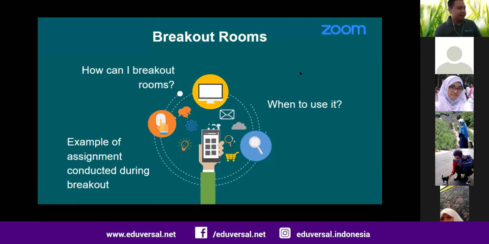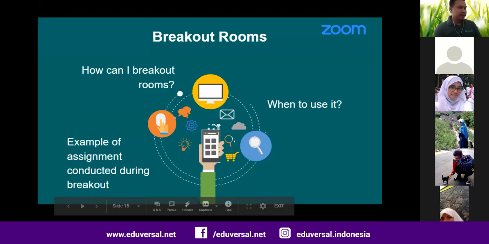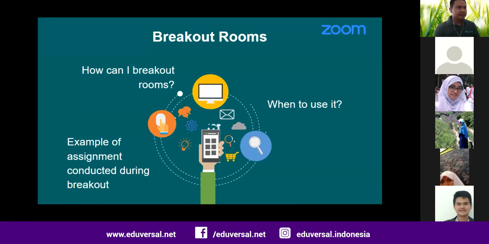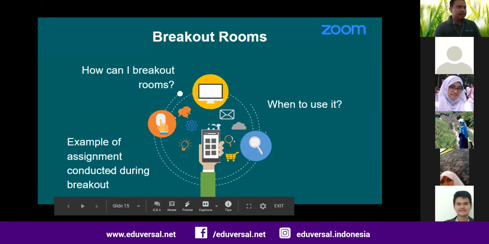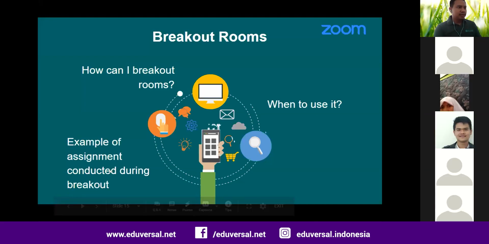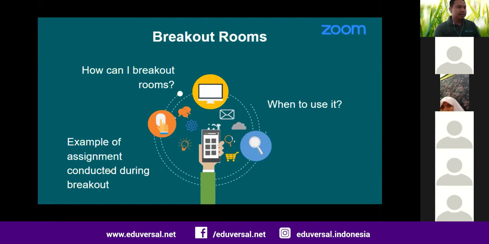So right now, if you open manage participants, you will not see 100 people anymore, only 19 or 20. There are breakout rooms 1 to 5.